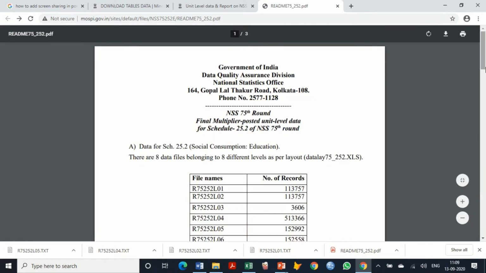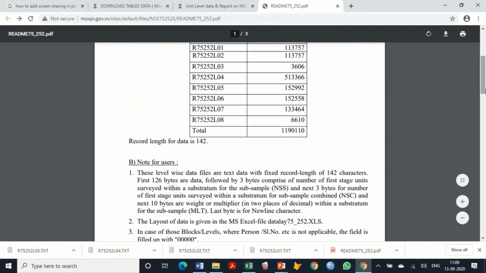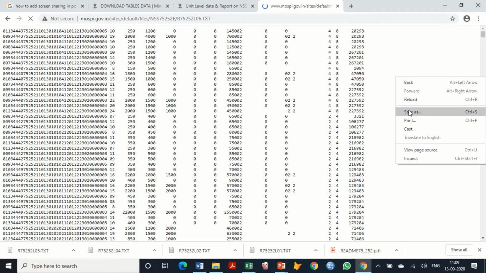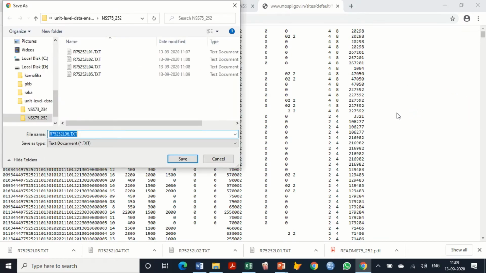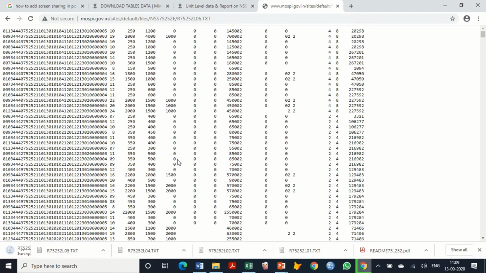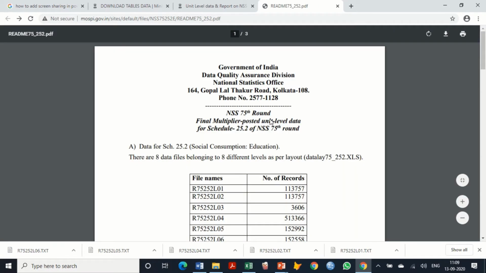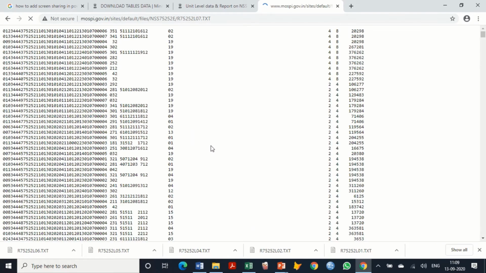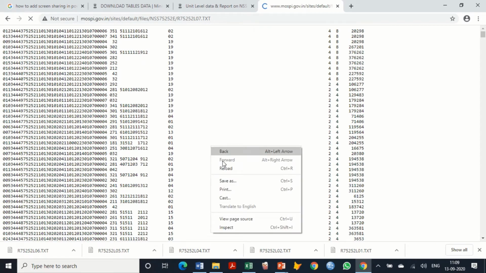So now let me go back to this and download level 6 also, then level 7.